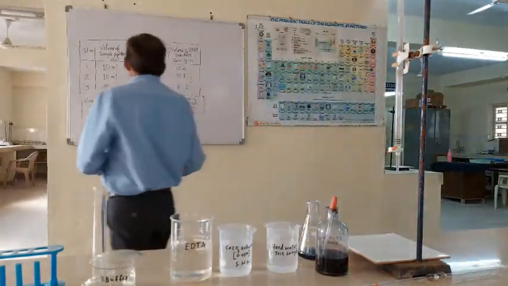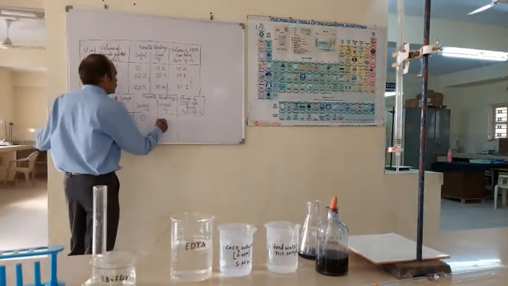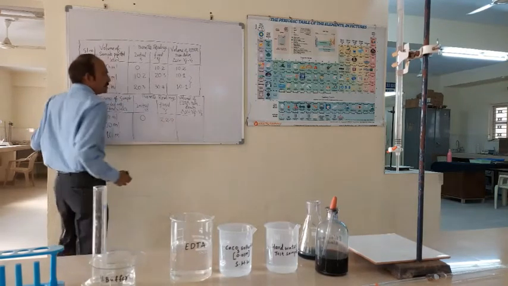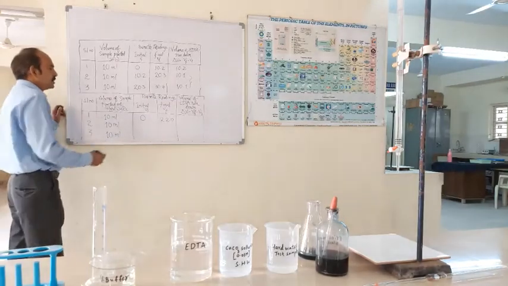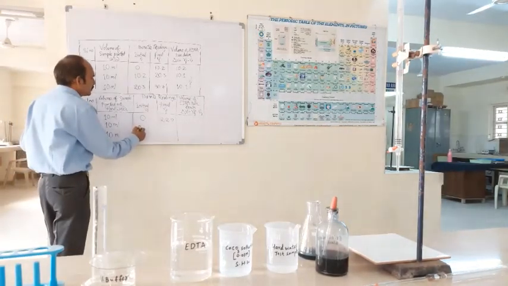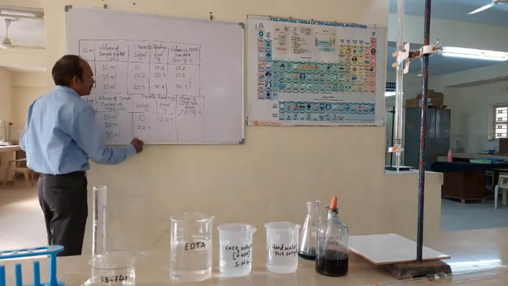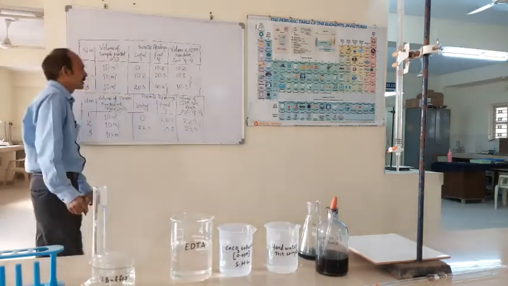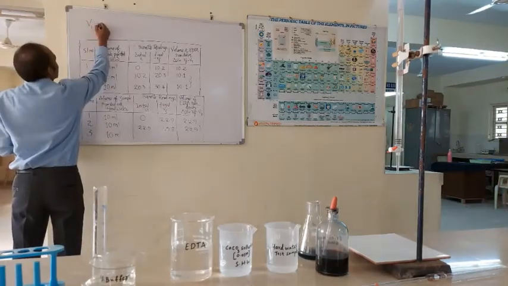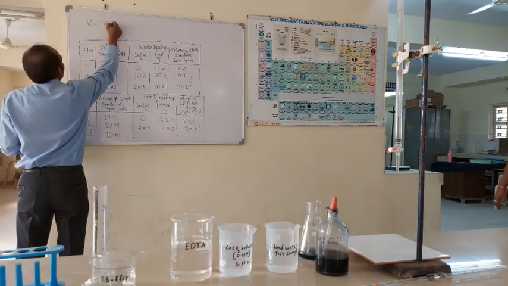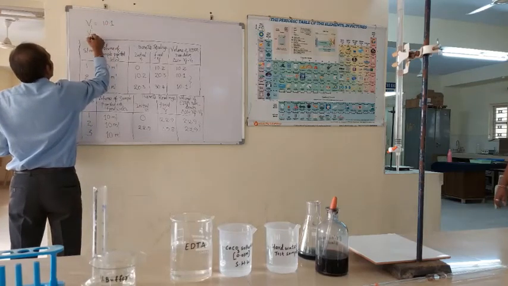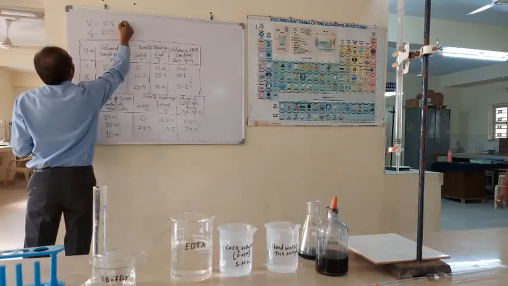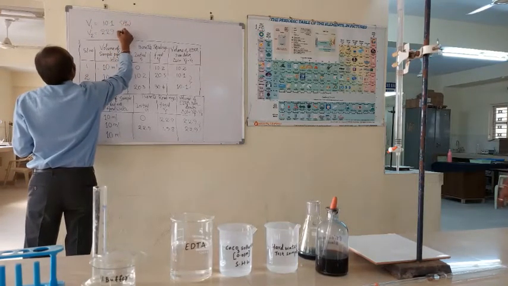So now the initial value is 0, and assuming that we got some 22.9. As we know that its total volume is 50, now you can take the initial value also. When we get two readings the same, then we do the calculation. For standard hard water it is about 10.1, and for V2 the value is 22.9. This is for standard hard water and this is for hard water.